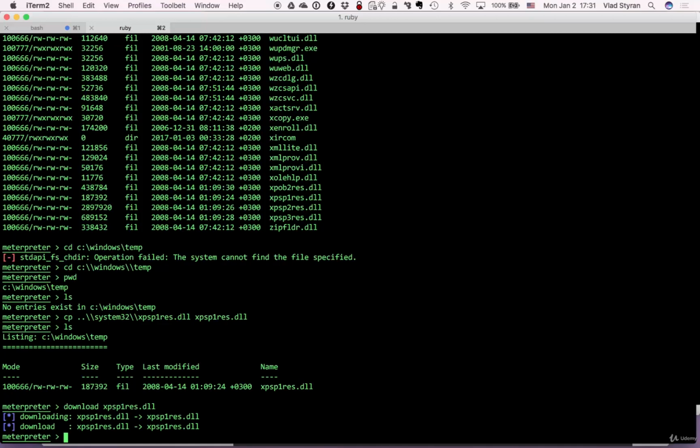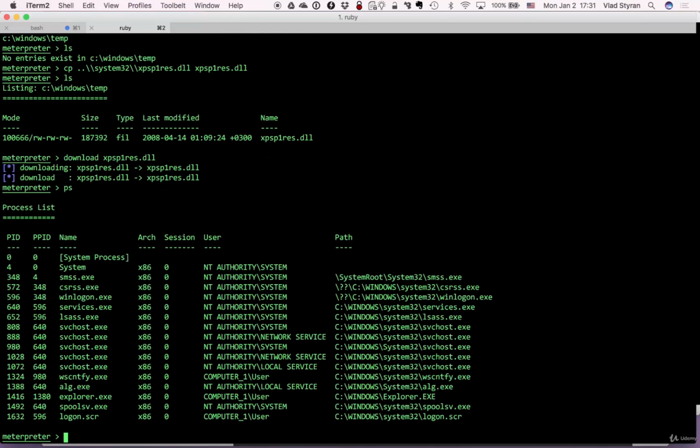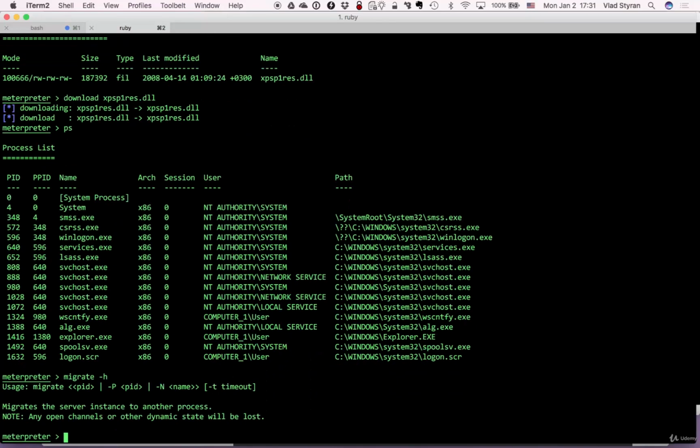Okay, so it's now available locally. But yeah, and of course let's migrate somewhere. This is the migrate command that allows us to just choose a process ID where to migrate, right? And